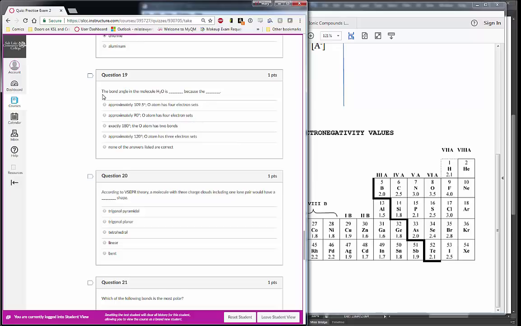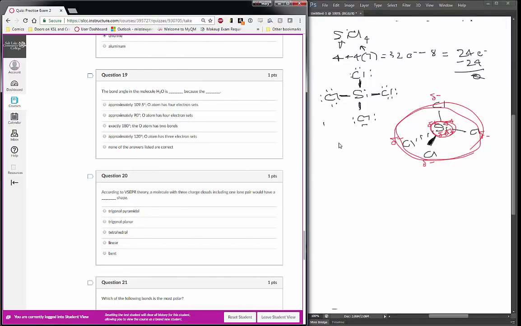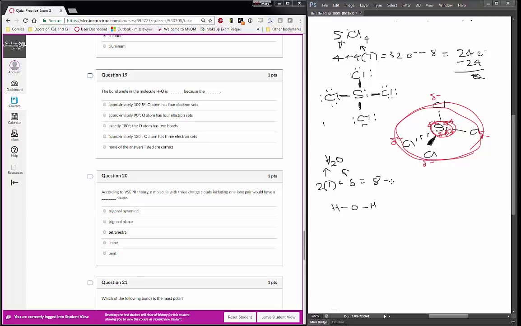Now, what do we know about water? They're asking us something about the bond angle and why it would have that bond angle. And bond angles have to do with geometric shape. So let's draw the geometric shape of water here. First of all, we have to do the Lewis dot structure. Water, H2O, has 2 hydrogens with 1 electron each, plus an oxygen with 6 electrons for a total of 8 electrons. Oxygen in the middle, 2 bonds to hydrogen, that uses up 4 electrons. I've got 4 remaining. Hydrogen atoms are full, so those 4 remaining electrons go on the oxygen, and I'm all out of electrons. I evaluate the structure, and the hydrogen atoms are full and the oxygen atom has 8, so